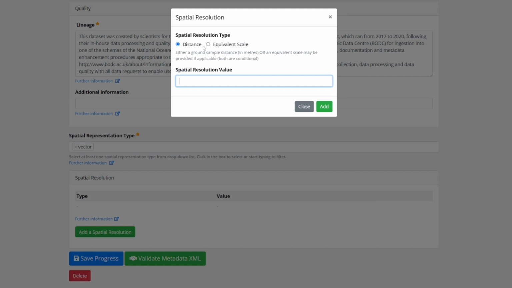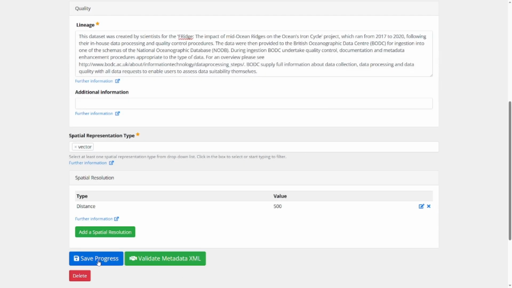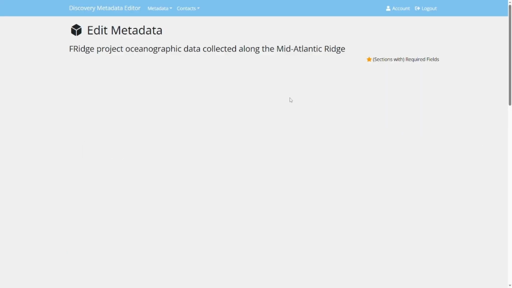So in this instance, I'm just going to say that each sampling station were, let's say, 500 meters apart. So I'm going ahead and add this and save progress,